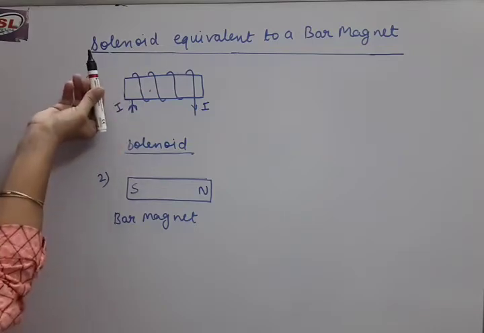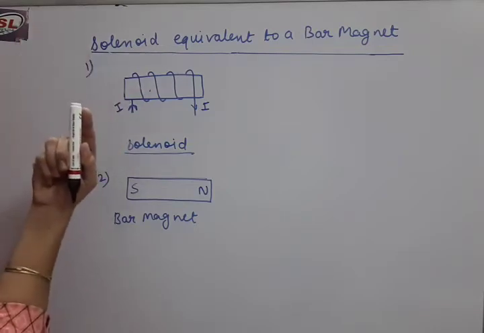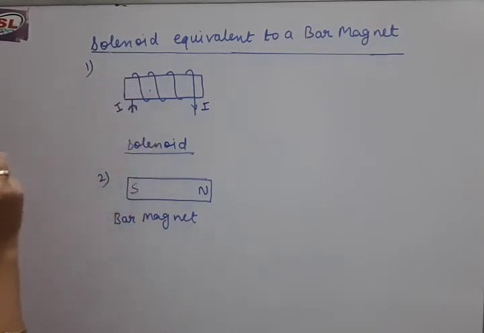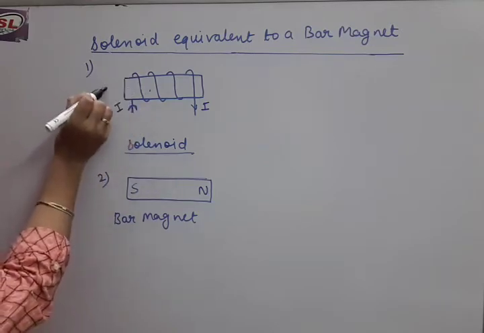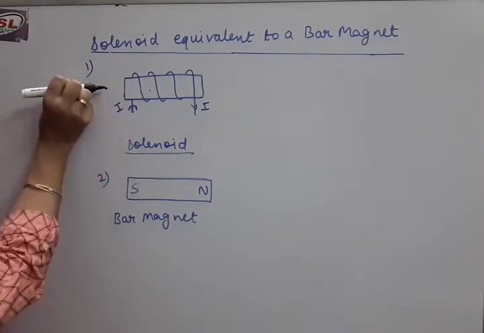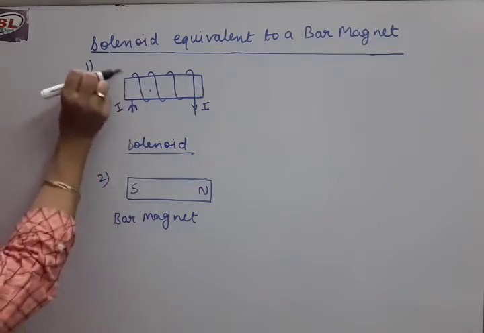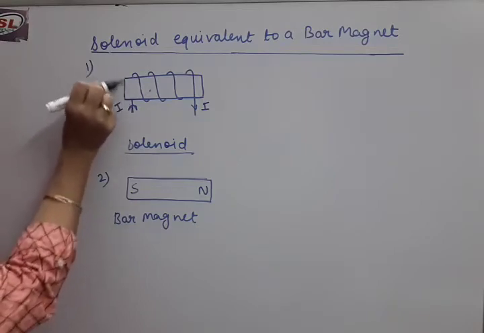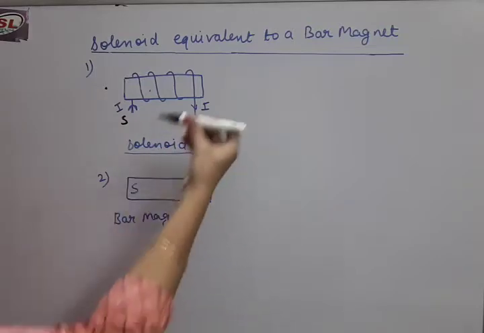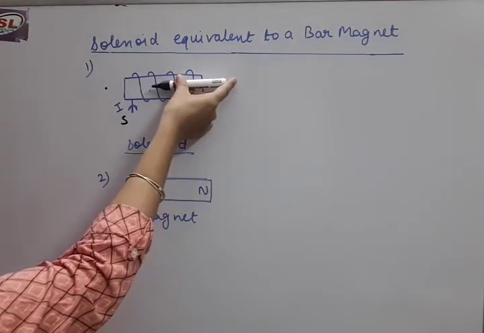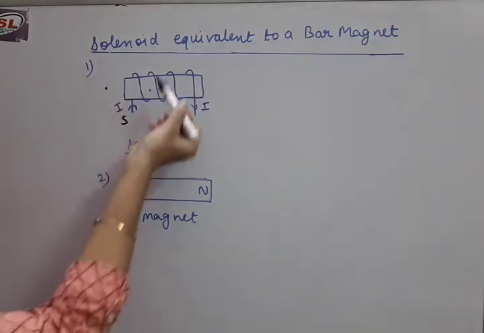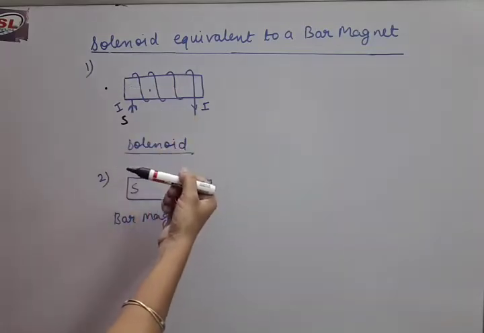So from back upwards, then in front downwards. Okay, so the current flows this way. So we have to notice the current direction. If we look from this side, in the first turn, if the current flowing is clockwise, then the front face of the coil will appear as the south pole. And if we see from the back side of the turn, that means from here, the same turn's current will appear in the opposite direction, that means anti-clockwise.